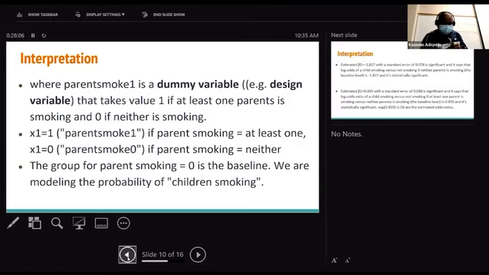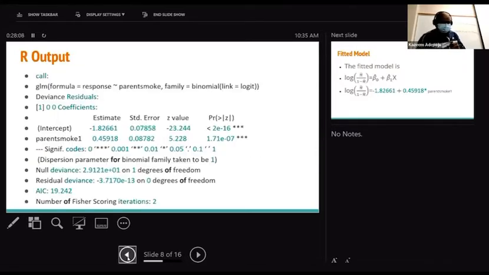Now, take a look at this. In the model, you have a parent smoke 1, right? The parent smoke 1 is coded 1, then the parent smoke 0 is coded 0. And that is basically it. Now, what is the meaning if you were to interpret